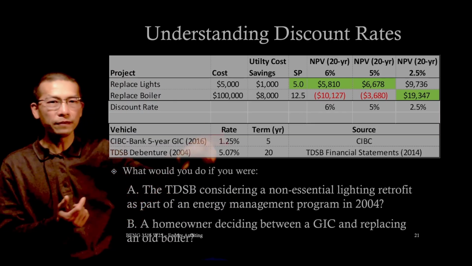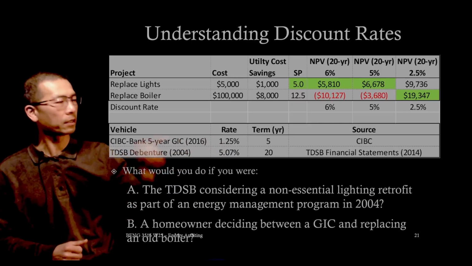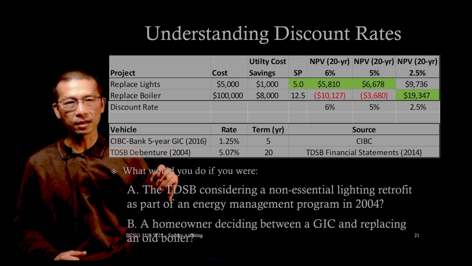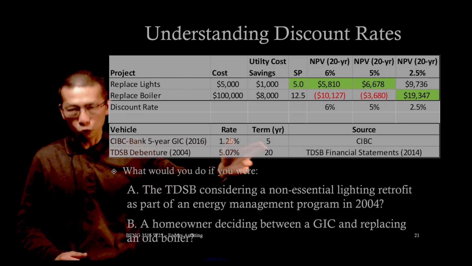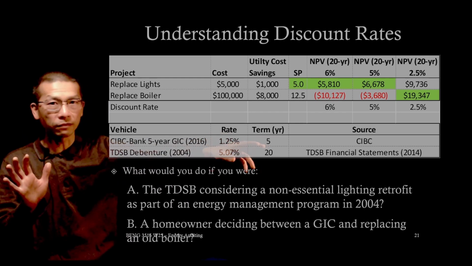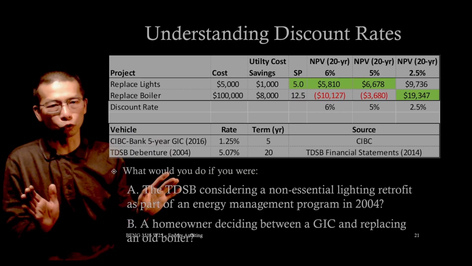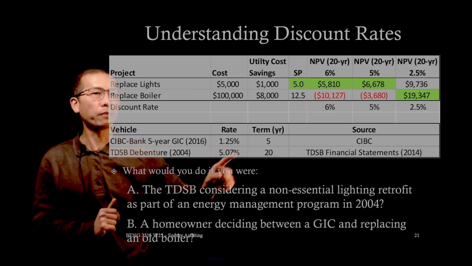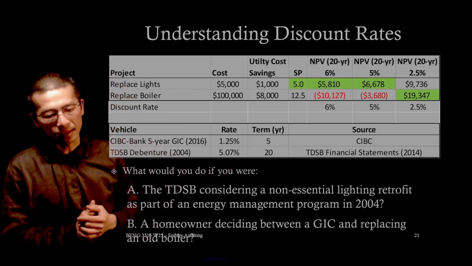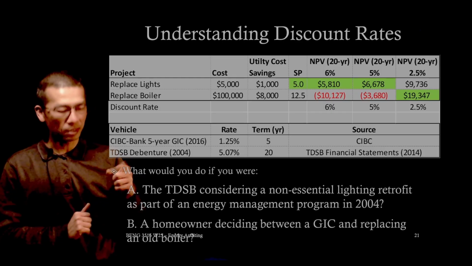Okay, now the two vehicles. If you put money in the bank, CIBC, in 2016, the rate of return is 1.25% for 5 years. And let's assume, you can see the point now, very likely after 5 years the rate will change. But now let's just assume it's 1.25 for the next 20 years. Okay. And the debentures that TDSB issued is